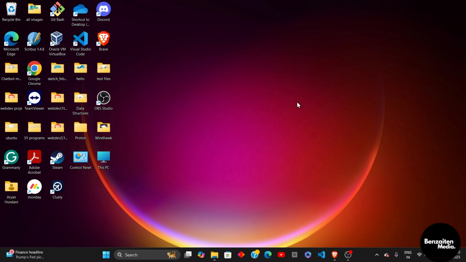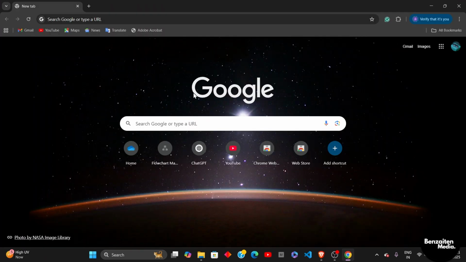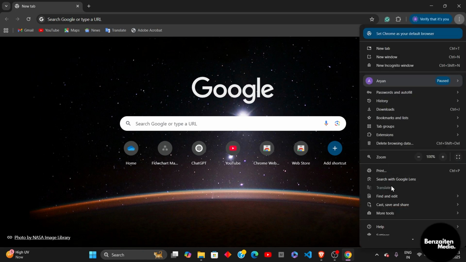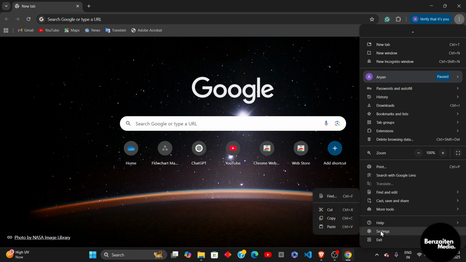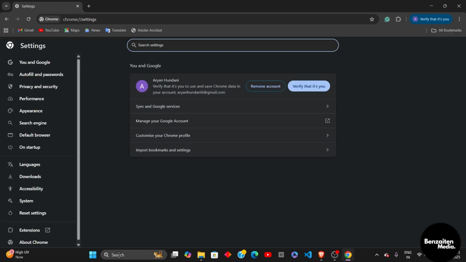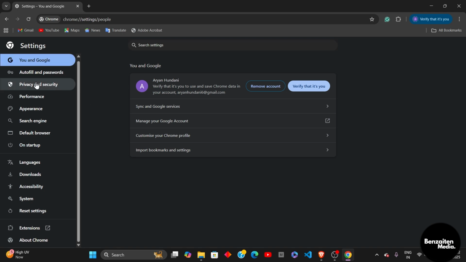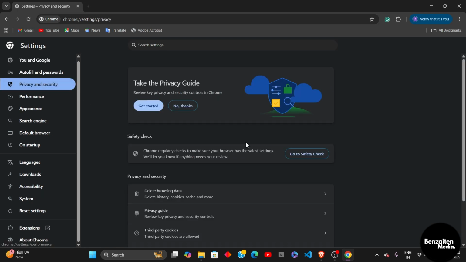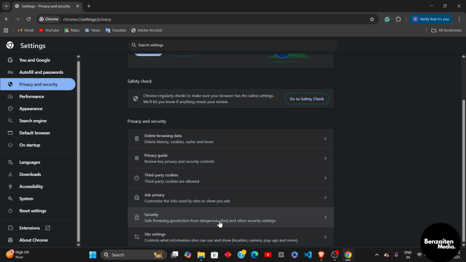So in this video, I'm going to show you how to create an app password for your Google account. First, you need to head over to Chrome's website, and then on the right side, click on these three dots and go to the settings. After coming to the settings, you will open the settings tab, and from here you simply need to go to the privacy and security option, and then here you will see